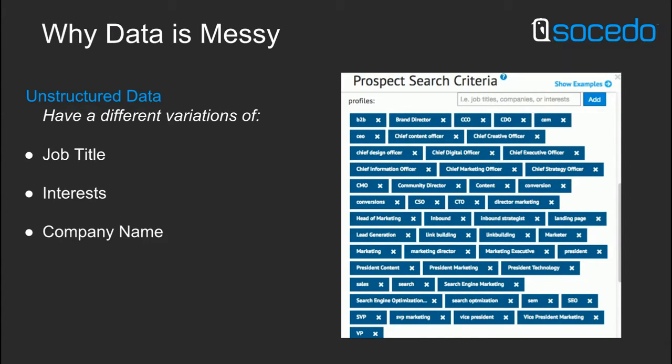Even further than that is interests. In marketing, we have to know what people are interested in and what their pain points are. None of that is actually captured through a standardized set of values. We have to be able to capture that interest in a lot of different ways. So we look at what people are talking about. How do you capture that into a field in a way that's usable? We talk about how often they're interacting with maybe influencers or competitors, and then we have to find a way to quantify that and put that into a field in our database.